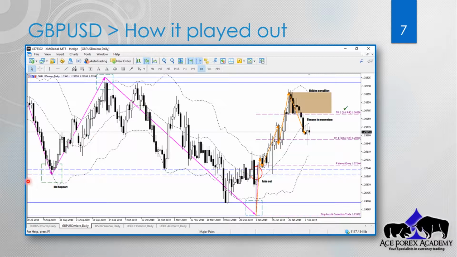Now, looking at how it played out, as you can see, we had a highlighted old level of support over here, and what we had seen here was a fake out, meaning that price closed above my support level, closed below my support level, then closed back above my support level, giving us the fake out. And like I had said in the